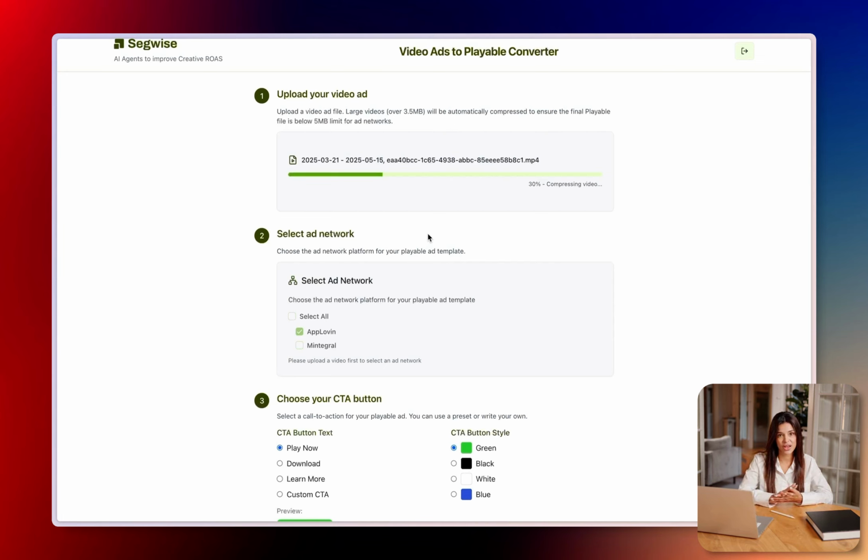As the video is compressing, let me explain why we built this tool. Most user acquisition teams struggle to access playable inventory due to the high cost of creating interactive playables. Plus, it requires significant tech bandwidth. If you're using an external agency, it can become even more costly. So, we made this tool completely free to give you access to premium playable inventory and start experimenting without the